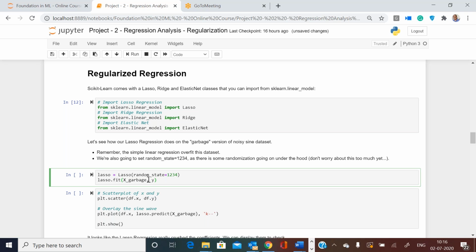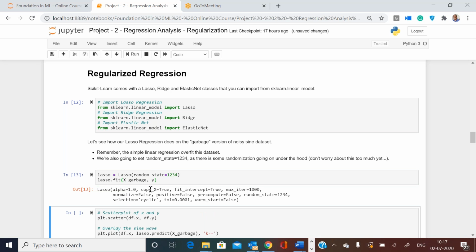Random state is one important argument if you want to get the same results every time you run this. So I'm putting my random state, but I'm not giving my lambda value at all. Okay, I'm just fitting, because by default lasso, ridge, elastic net, they take lambda equal to 1. That is the default value. So without bothering about tuning it, I'm just calling it and running it.